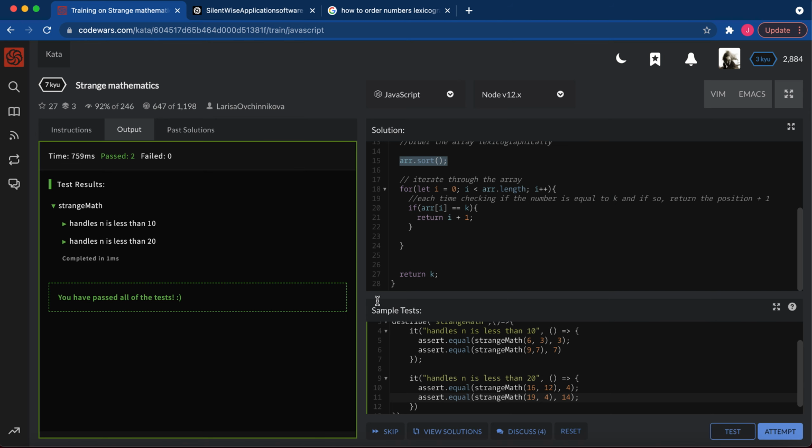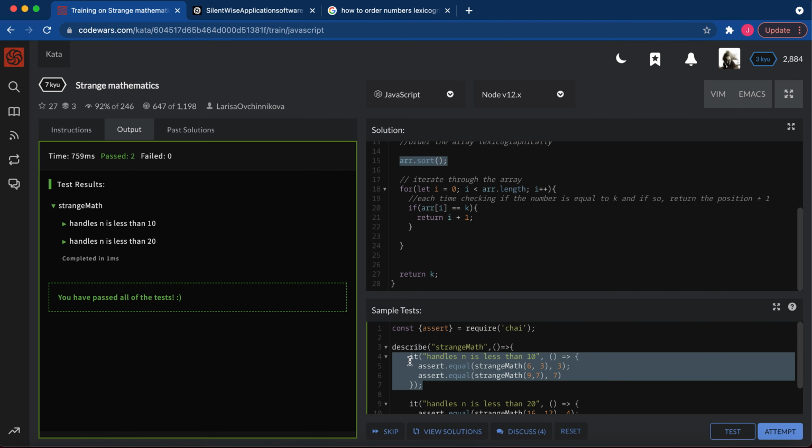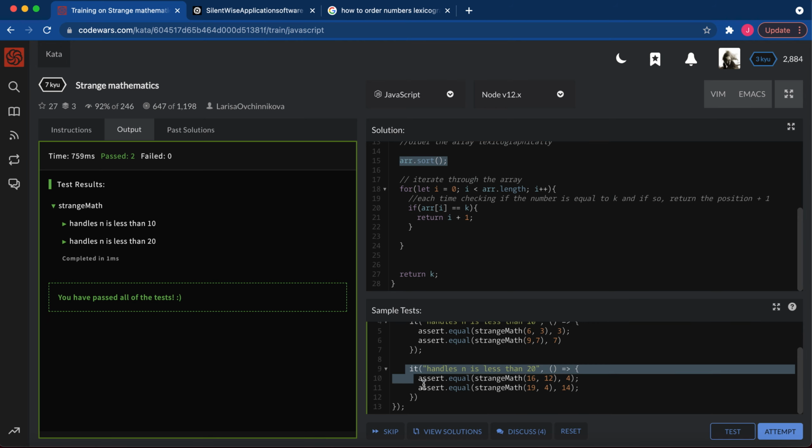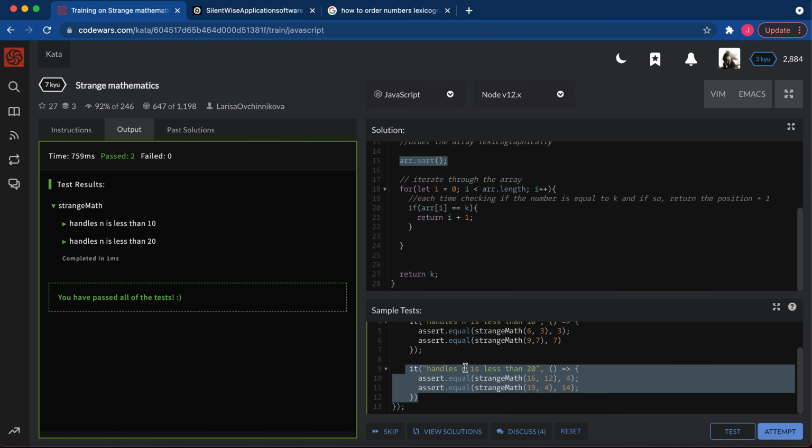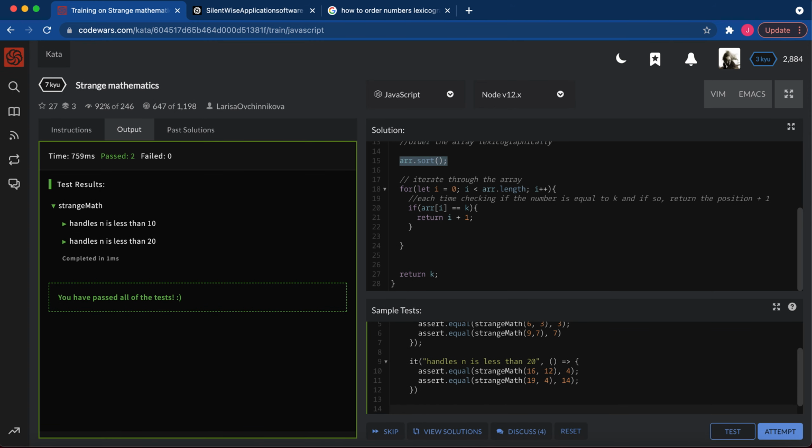Great. Looks good. So we note that we're always continuing to pass the original tests we did and still passing the additional tests. Let's go ahead and move to the next case. N is greater than 99. So I will do it